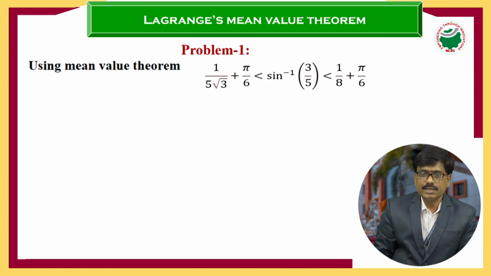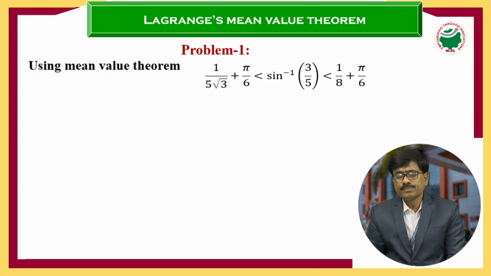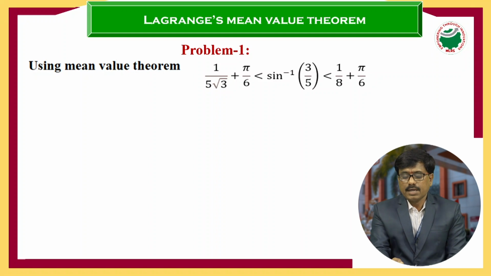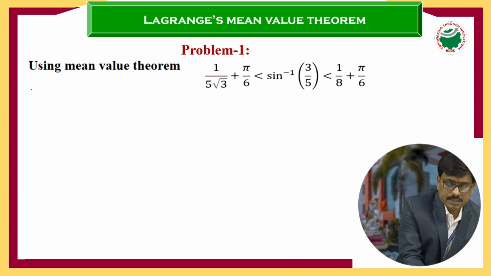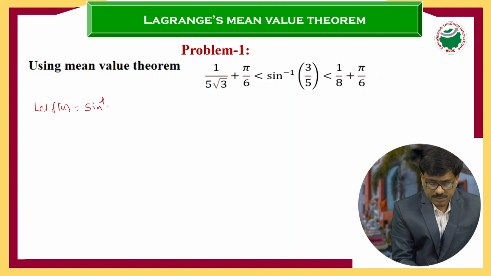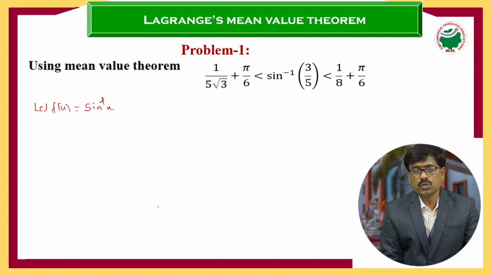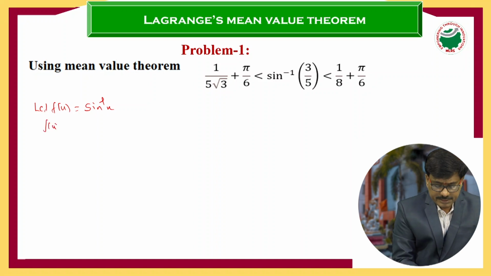Before going to the inequality, let us define the function first. After defining the function, this function is continuous in between the real numbers a and b. I am going to prove the first inequality. After proving this inequality, I am going to substitute the given numbers to prove this inequality. Let us assume the function f of x is equal to sine inverse of x. This f of x equal to sine inverse x is continuous in the closed interval [a, b]. I am taking the lower limit as a and the upper limit as b. Therefore, f of x is